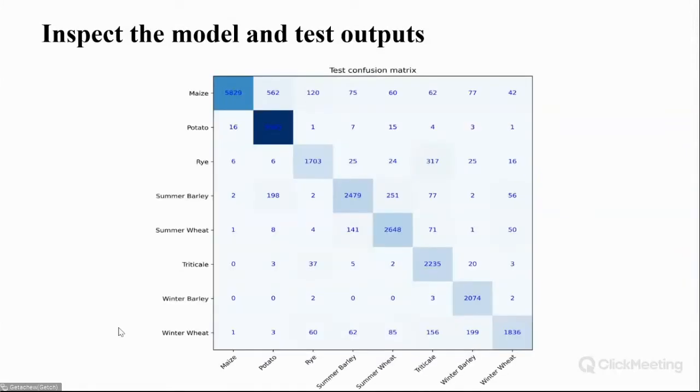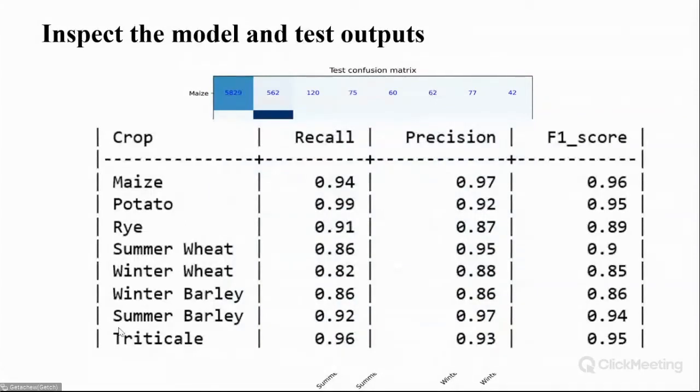And then after doing validation, if you are satisfied by the validation results, you can test your model, and then you can create the confusion matrix, which makes it easier to understand where the model is working and how the omission and commission errors are introduced during the training. And then if you need, you can also generate more user-friendly tables in the Python environment.